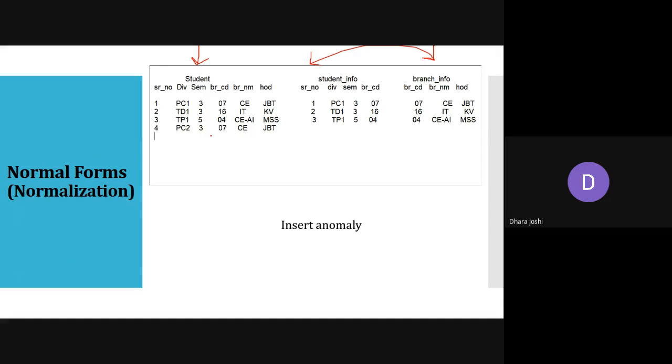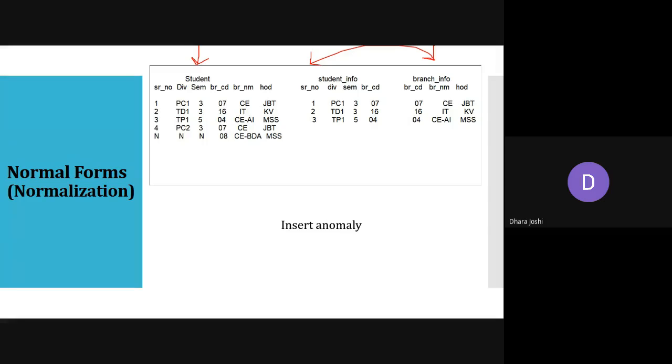We have not decided this too. And the branch code, we haven't decided properly. So we are just focusing on that. And later on we know that, yes, for big data analytics, the branch code should be 08. So I can write like this. N means null here. Null, null, null. Branch code, we know that it is 08. Branch name, we know that it is CE, Big Data Analytics, and head of the department, we know that it is Madhuban.